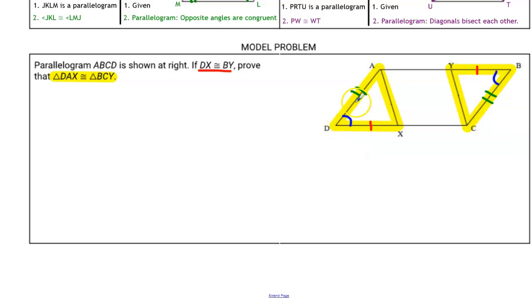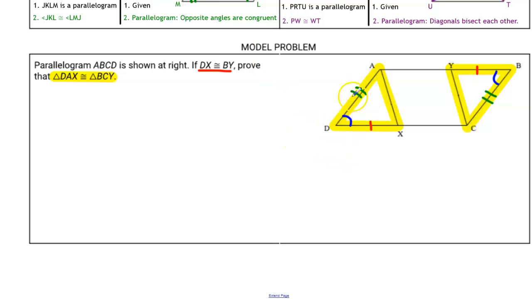So I've chosen two different pieces of information to use in my proof. Let's try to write out what the proof would look like, keeping in mind that the method we're going to use to prove that these two triangles are congruent is going to be based on the stuff that we know. So I guess before we even start writing the proof, let's plan out what the method is that we're going